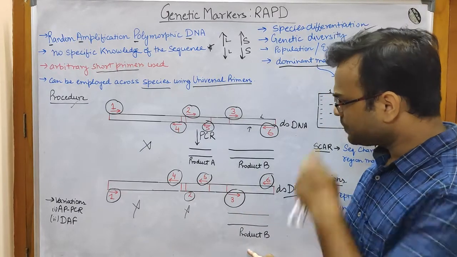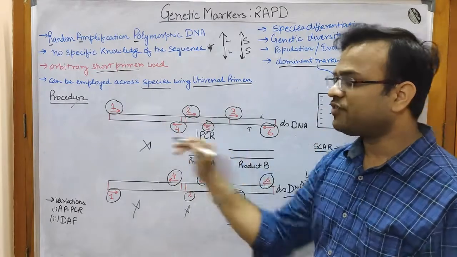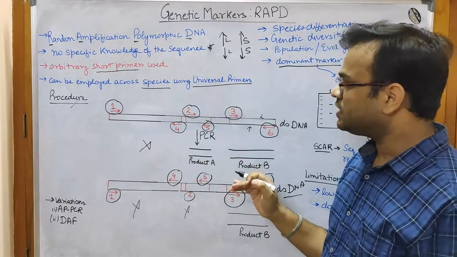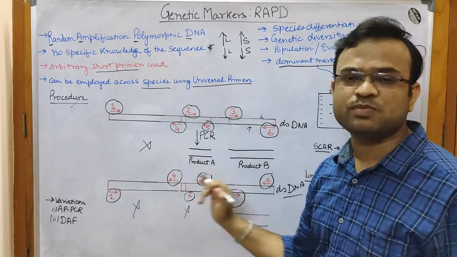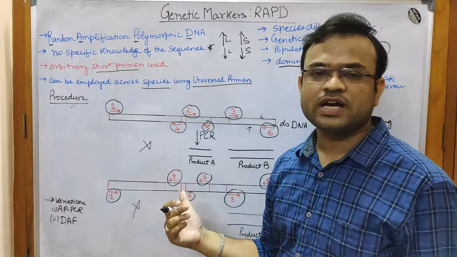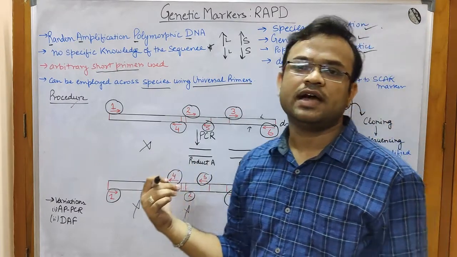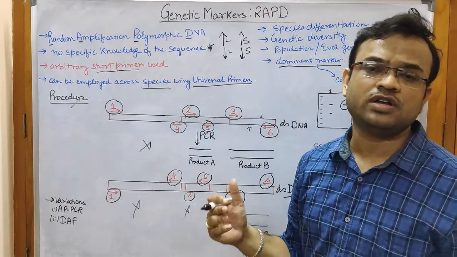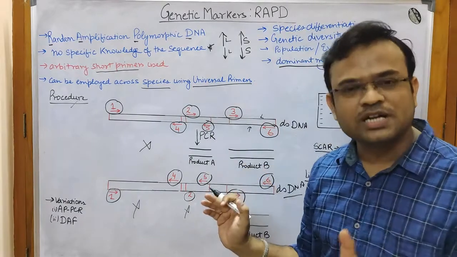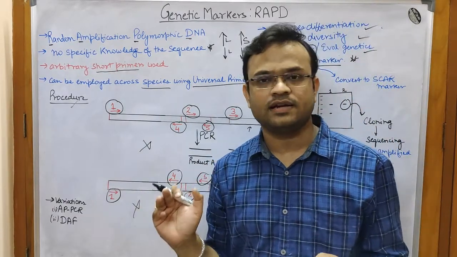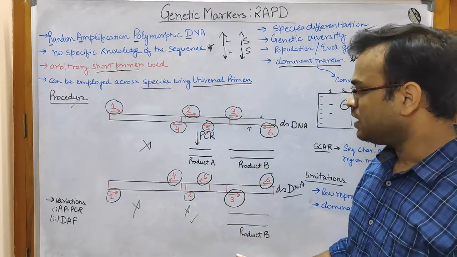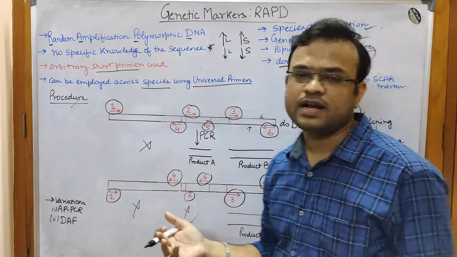Okay, so you can see that for different individuals and at different occasions also, once you try and repeat this process, it is not necessary that the primers will bind at these particular positions only. They can bind at different positions also. So that is why we say that RAPD does not have a good reproducibility. It won't produce the same results once you try to repeat the process. So the reproducibility of RAPD is very less. This is a disadvantage of this particular technique. So you have got this product B and product B. This is what you get after an RAPD.